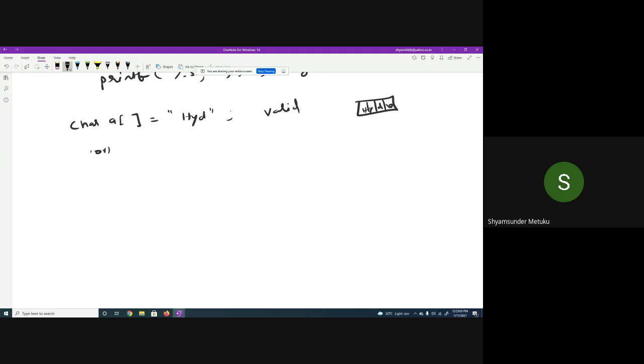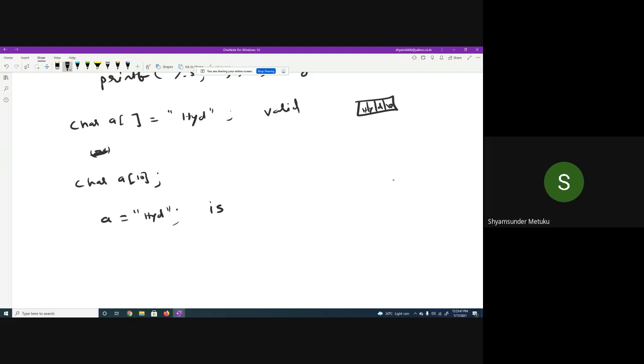Suppose I have an alternative. This is the other way. I should not write "or", but the other way. Char A of 10, then A is equal to Hyderabad. Is it allowed? You tell me based on your knowledge. So far, pointers and others you have discussed. Now you tell me, is it acceptable or not? If you really remembered our initial classes, you must be able to tell the answer for this particular declaration. Is it valid or invalid? Respond.